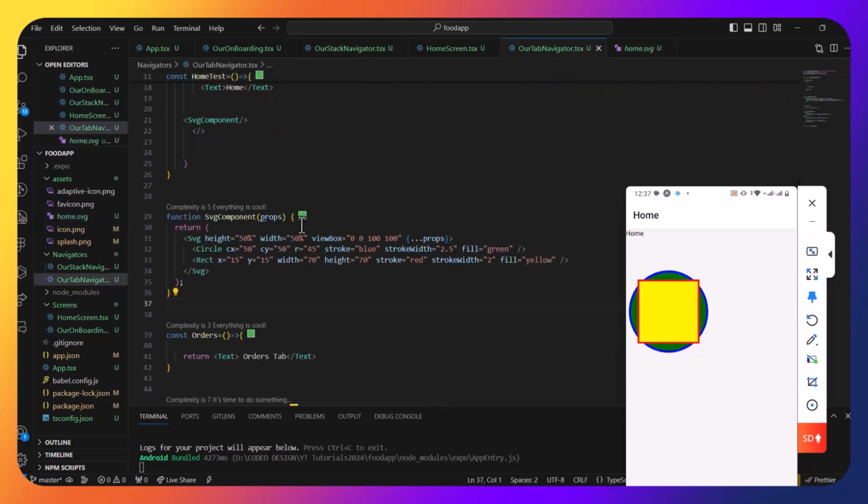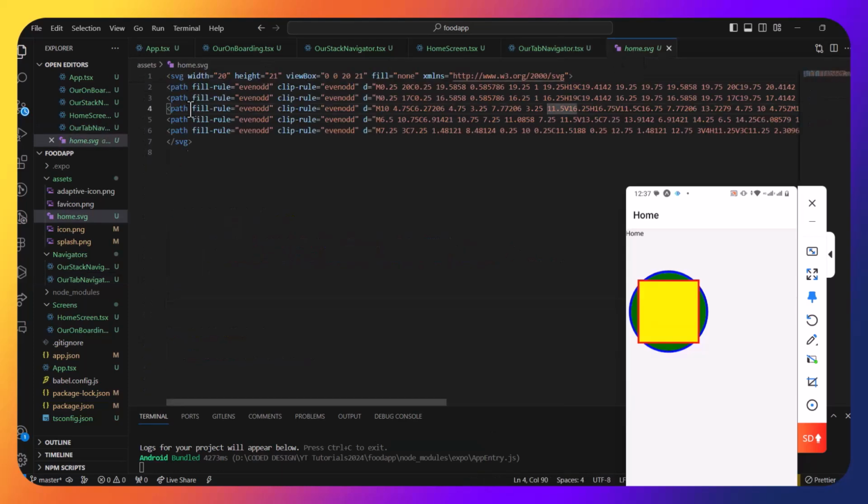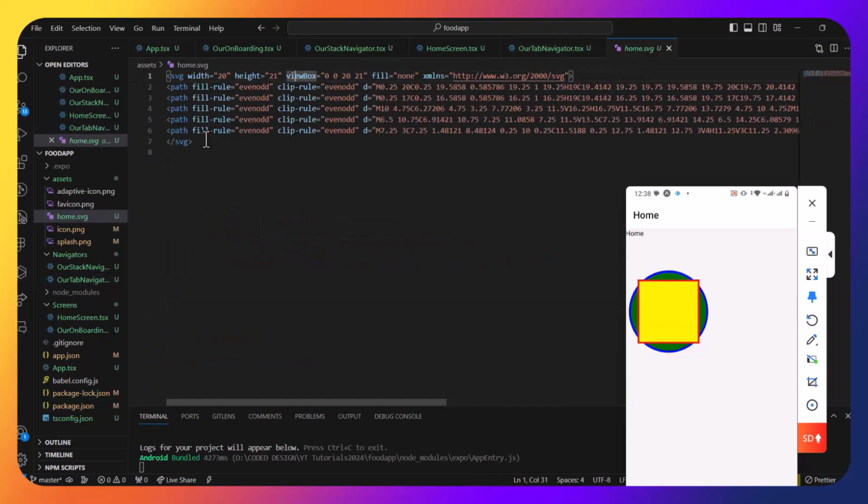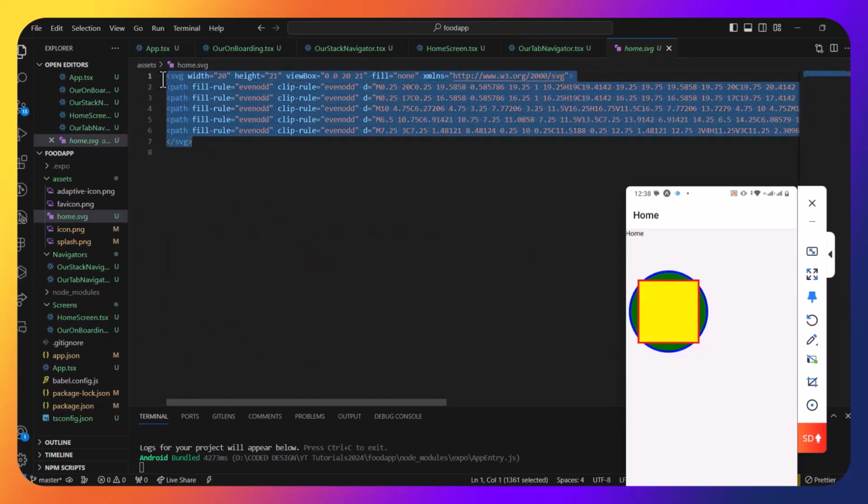Let's just check again. As you can see, the SVG is a capital letter, the circle, the rectangle, also the SVG here, it's a capital letter. So these are some sort of React components. They are not exactly the same like these ones, even though they are some sort of a lookalike or a mirror image of those. So what we want to do, we need to stick to that standard. Everything is the same, but the difference is the caps. So what we can do here, we can copy this as is,